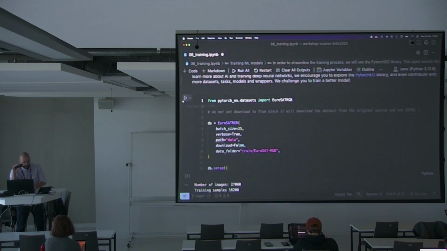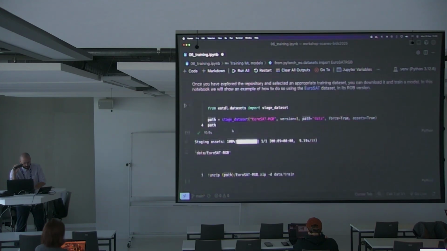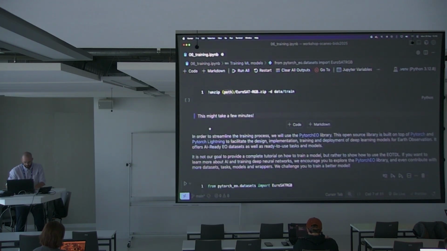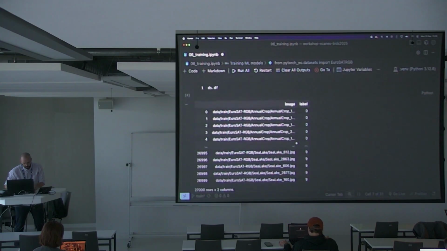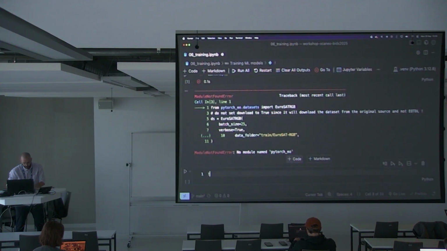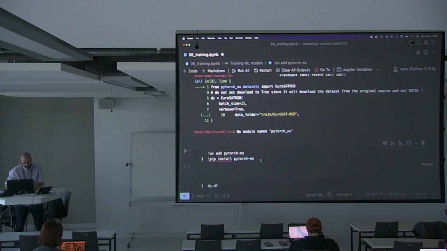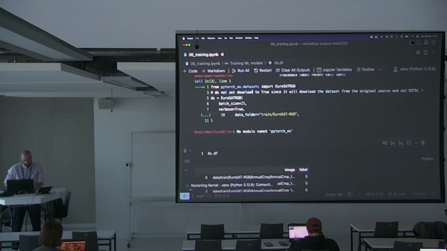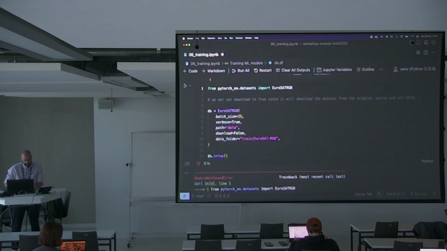So we can go here. Sorry, what's happening? Okay. You need to add the PyTorch package. This is to add using PyUV, or you can simply do pip install PyTorch. So if we run it again,